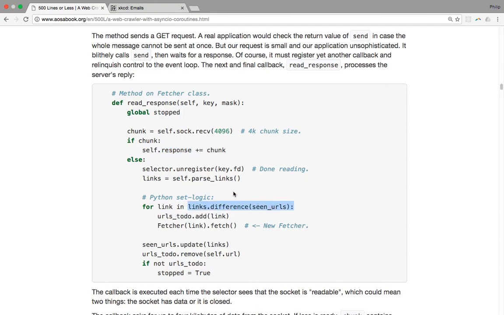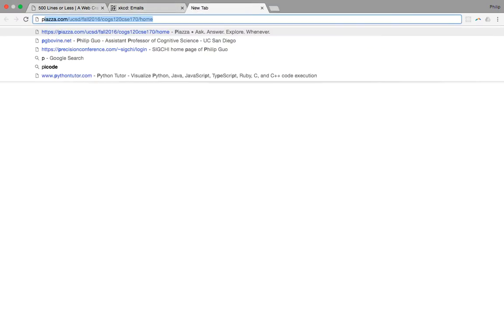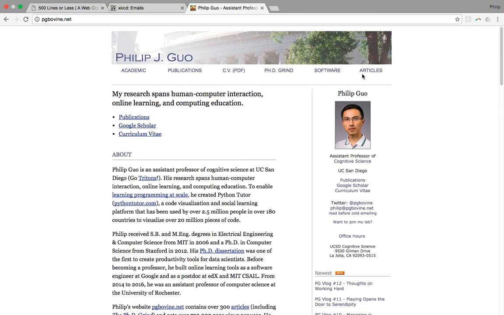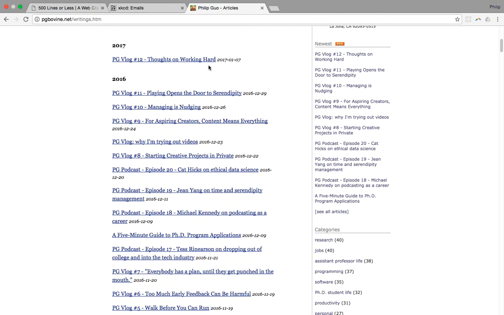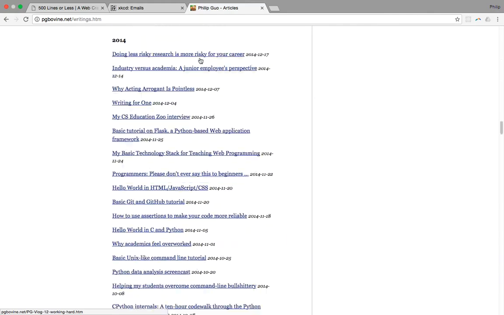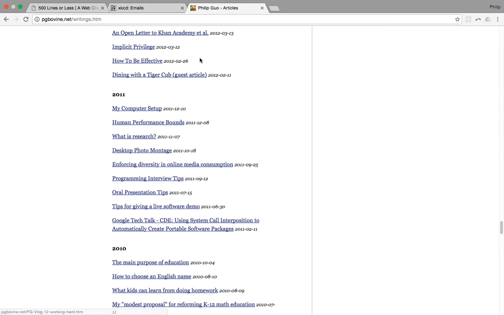So there's some logic to make sure I'm not following duplicate links. And the key here is I actually create a new fetcher initialized to the link that I am trying to go to, and then I do .fetch on this. So the key here is that, let's say I had 100 links on my webpage, right? So let's say I had 300 links on this webpage. This will literally go through all 300 links and create a fetcher object for each one and call fetch